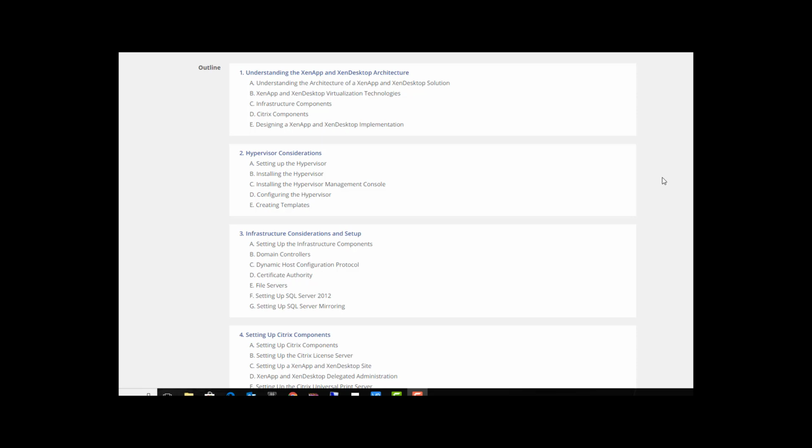hypervisors. So when we talk about the hypervisors, it is not specific that you have to use Citrix Xen servers in the backend. It's just not limited to that. We can go ahead and use any of the hypervisors that we would like to have in the environment. That can be your VMware ESXi servers, your Linux KVM, or your Microsoft